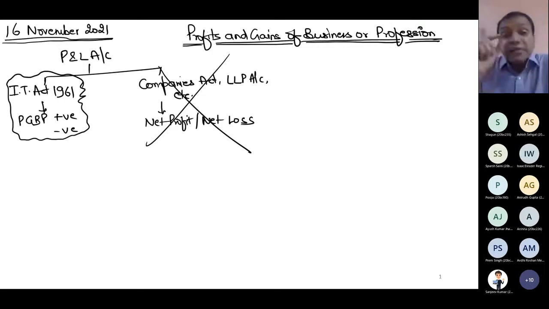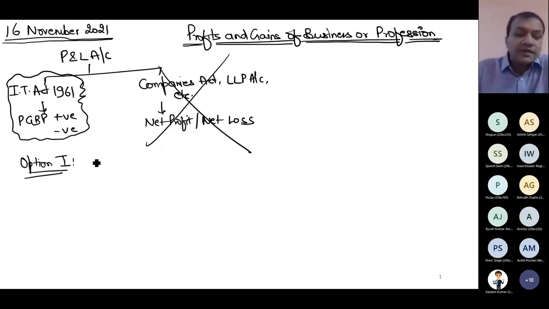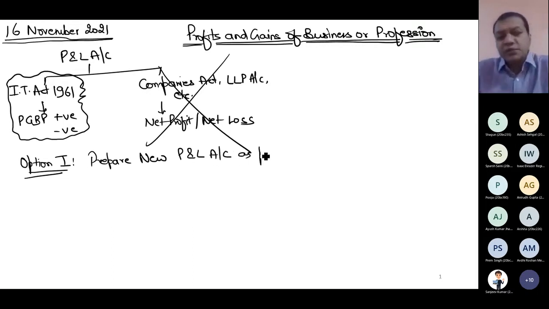So what options am I having now? What option do I have if I want to prepare this P&L account? Option number 1 is that you prepare a new, fresh P&L account as per the provisions of